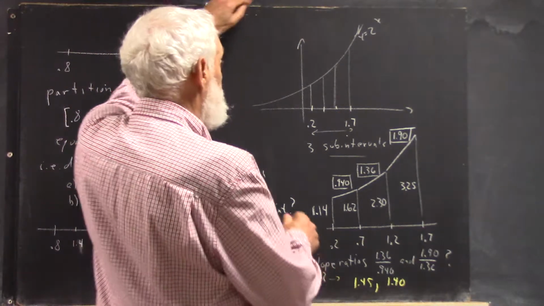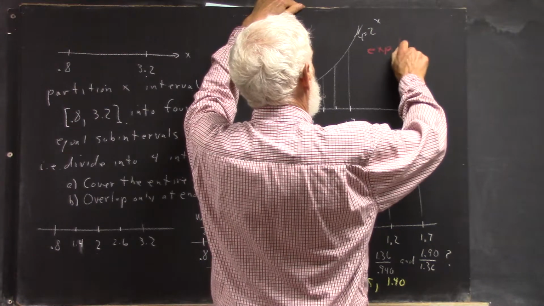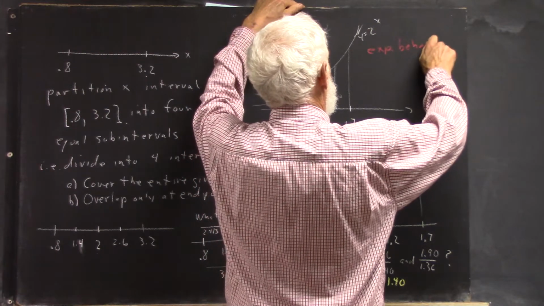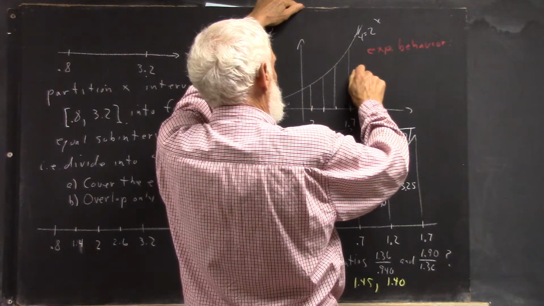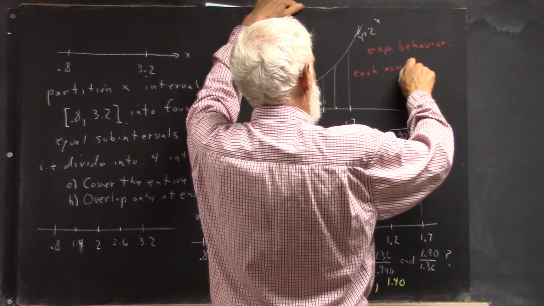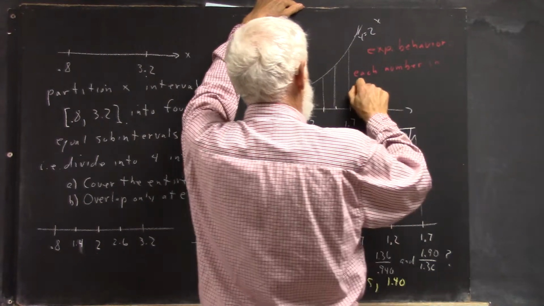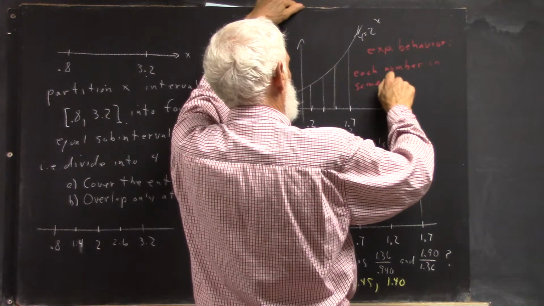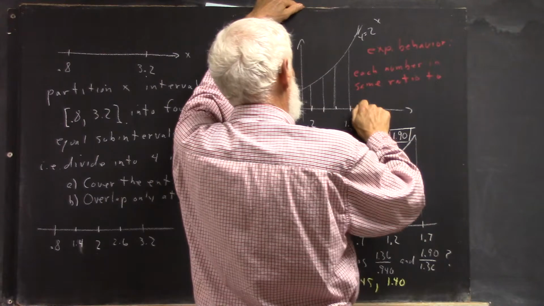So exponential behavior: each number in the same ratio to its predecessor